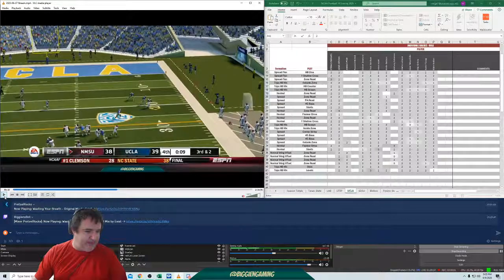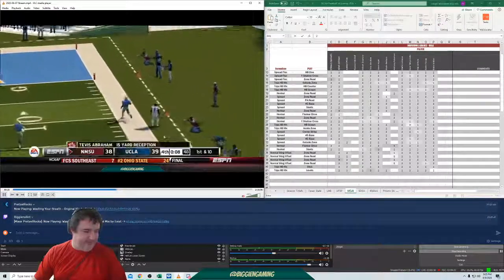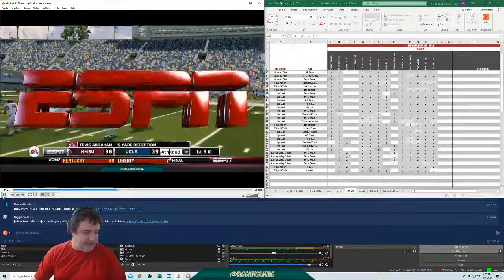It's a risky ball, but he can't come through. The ball is already out. Our guy's in the way. If I'm half a second slower on that throw, guess what happens? Give it a quarter of a second, waiting for him to kind of get into his break. That's a pick. That's a pick six. Game's over. As it is, Abraham catches it, goes out of bounds at the 15.